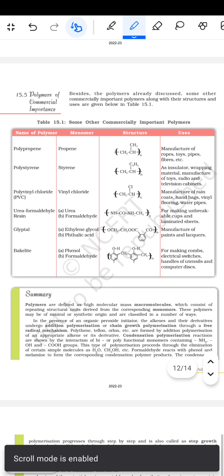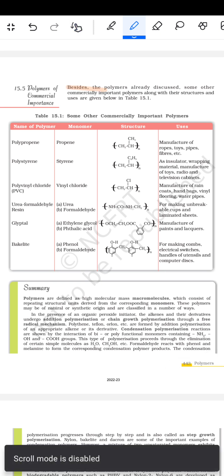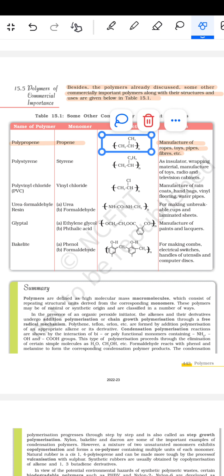तो उसके बाद फिर आता है पॉलीमर ऑफ द कमर्शियल इंपॉर्टेंस। तो इसमें आता है बिसाइड्स द पॉलीमर ऑलरेडी डिस्कस्ड, some other commercially important polymers along with the structure and the uses are given in table 15.1। तो पोलीप्रीन दिया हुआ है। पोलीप्रीन का मोनोमर प्रोपीन है और इसका स्ट्रक्चर ये है। फिर मैन्युफैक्चर ऑफ द रोप्स टॉयज और पाइप्स में आता है और इसका जो ये स्ट्रक्चर है ये वाला स्ट्रक्चर है। उसके बाद फिर आता है पॉलीस्टाइरीन जिसका स्टाइरीन है और ये एज